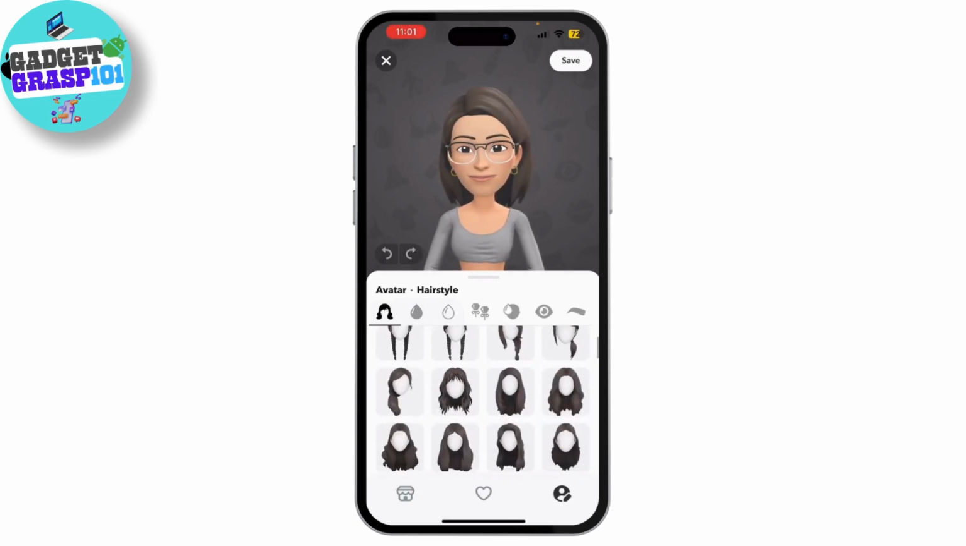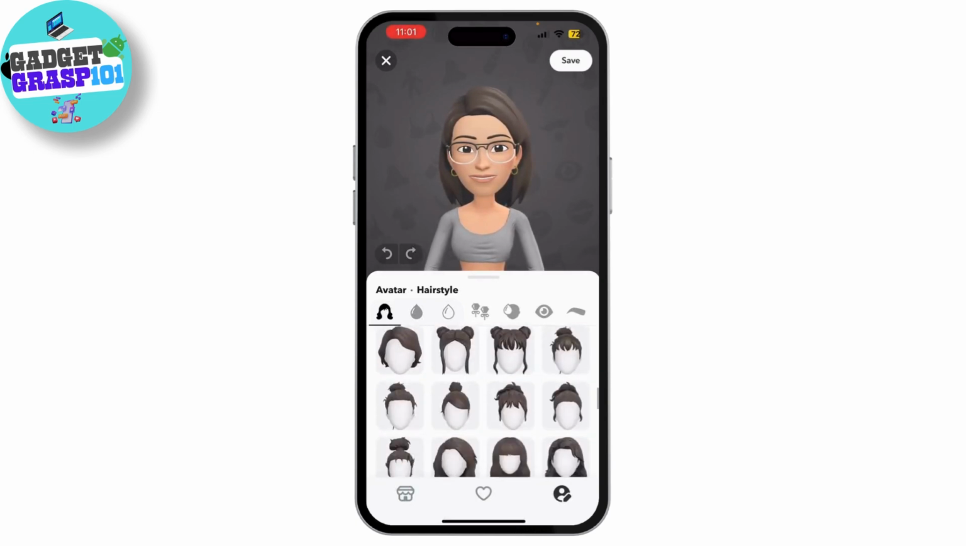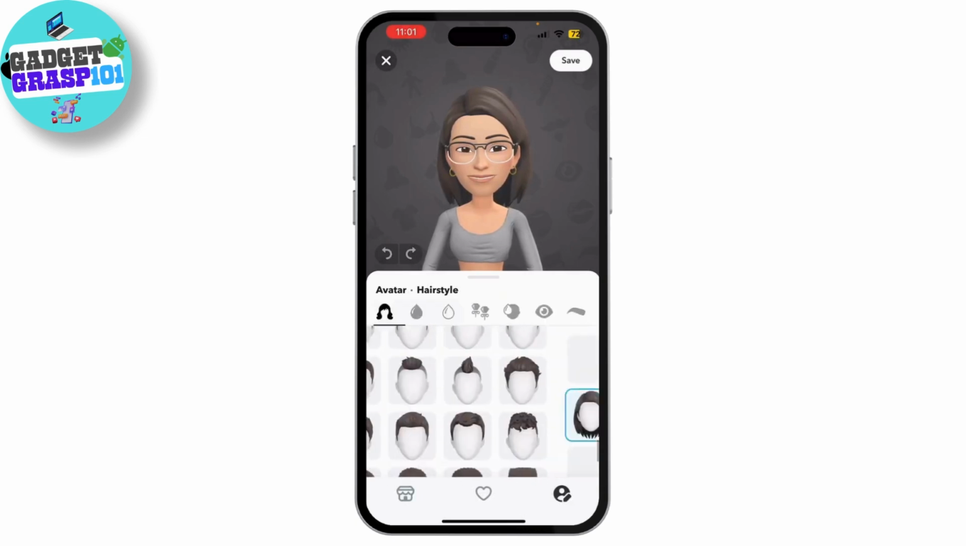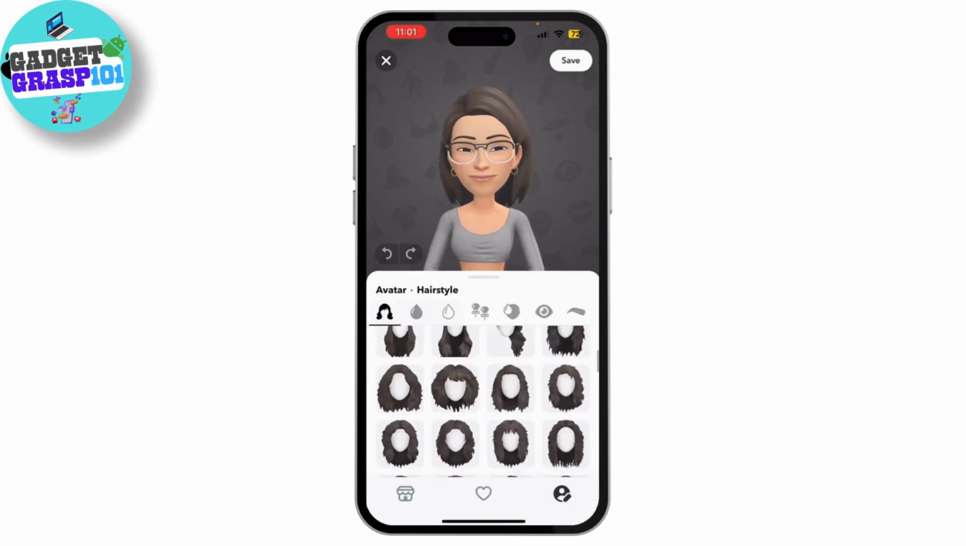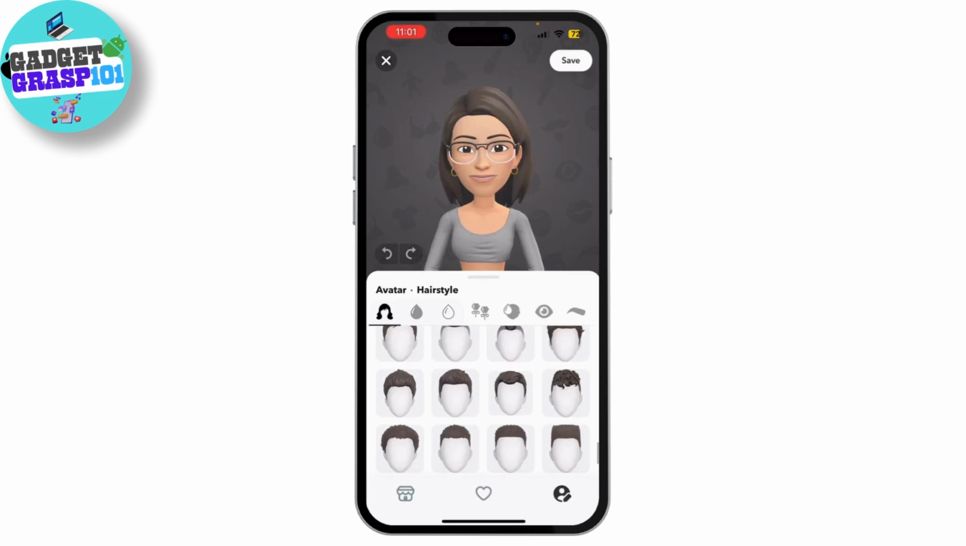Select the gender you'd like by simply choosing the hairstyles and all the main stuff that makes you look like a woman or a man. By doing that,